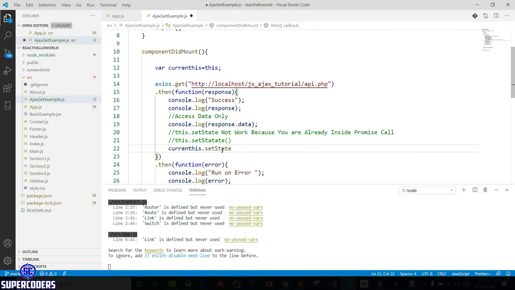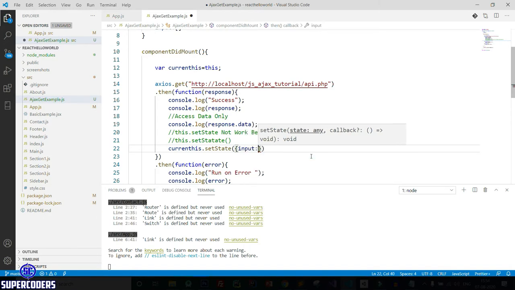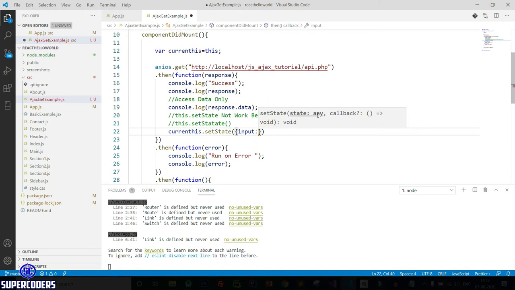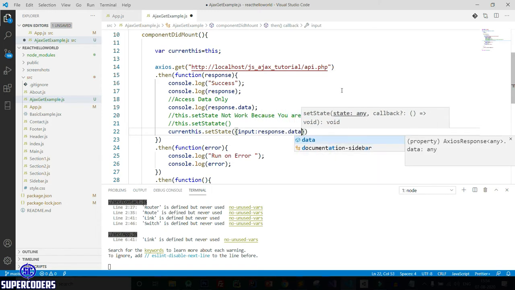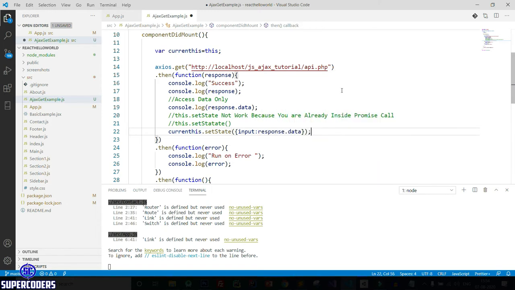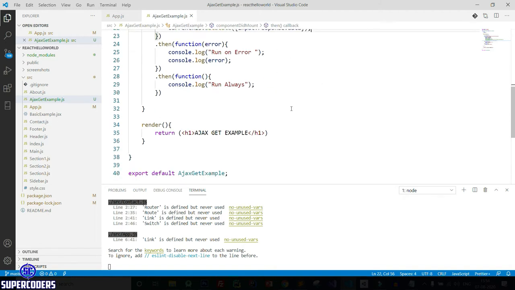Now you can see you can access this setState from current this, then input, and pass the data, so response.data. Save it. Now let's see how we can show this data in a table.